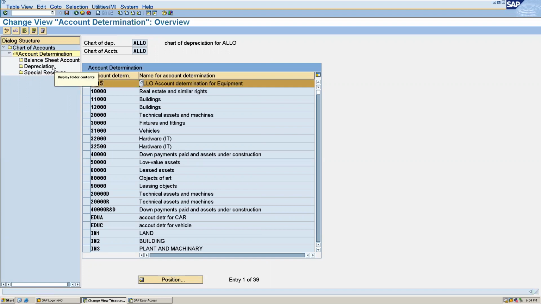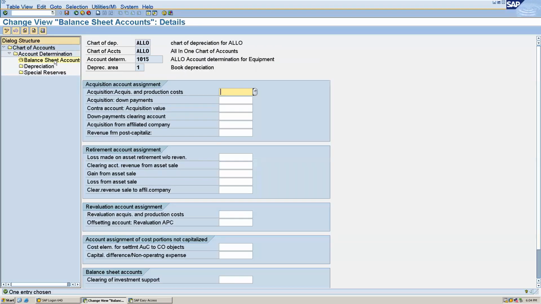Select this and click on balance sheet accounting. And now you have to update this. It's the acquisition and production costs which we have maintained. I maintained 1023. Then loss made on asset retirement without revenue. This is the loss made on scrapping of the asset.